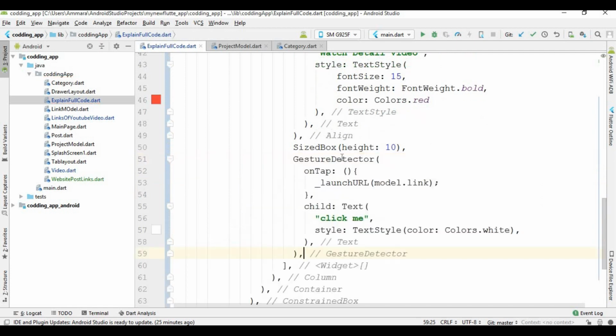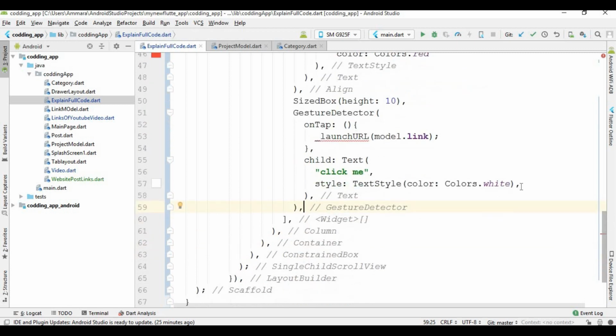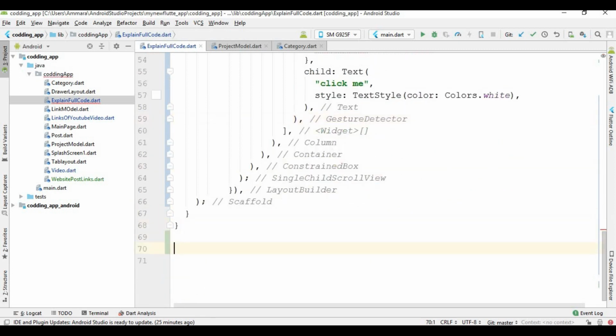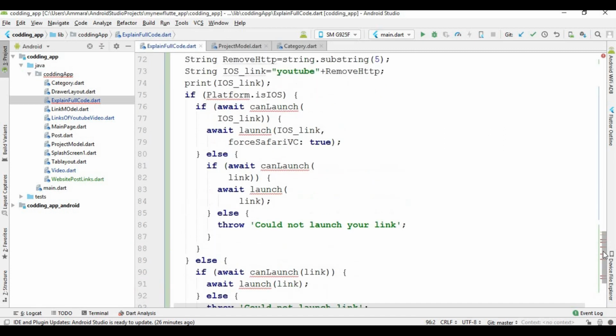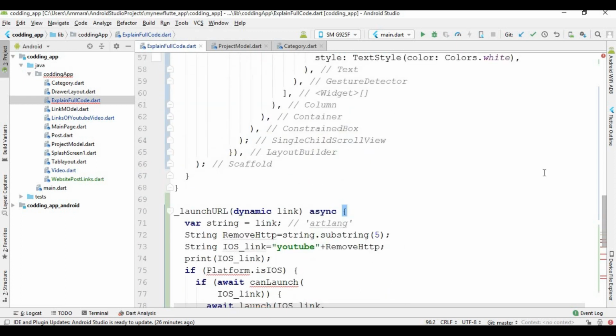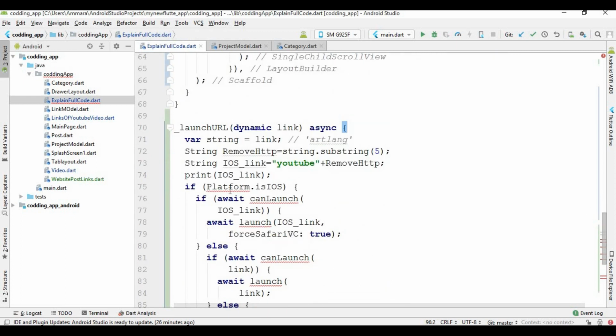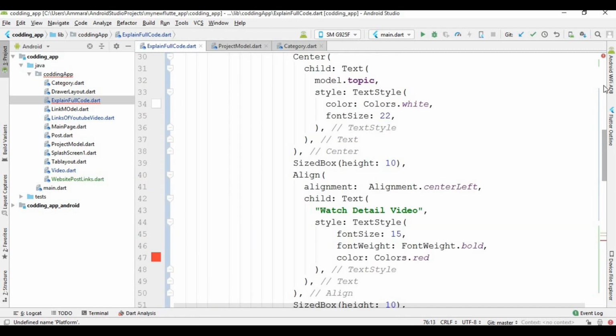So I use this class, and after that you can see I use this function. First of all I create this function, and after that I create the other text. So yes, first I create this function here. This is the same function which we have created earlier. If you did not watch that video of mine, you can see that video. First import this by pressing Alt Enter, and after that you can see this type of error. For this error I am going to import a file here.